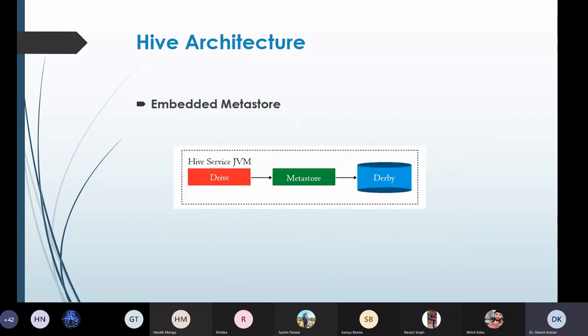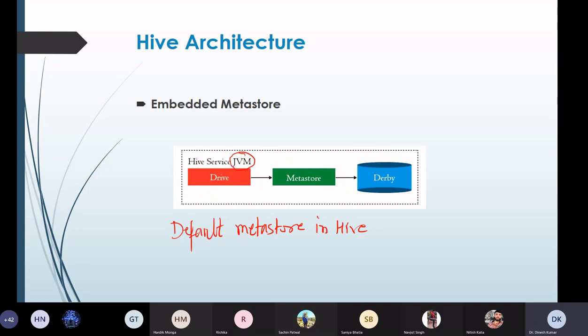First of all, let us see what the embedded metastore is. As I told you, it is the default metastore in Hive. This metastore service runs in the same JVM as the Hive service. So the metastore and the Hive service, or the driver, run on the same JVM.